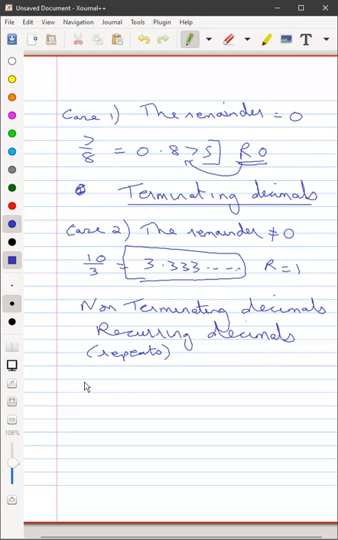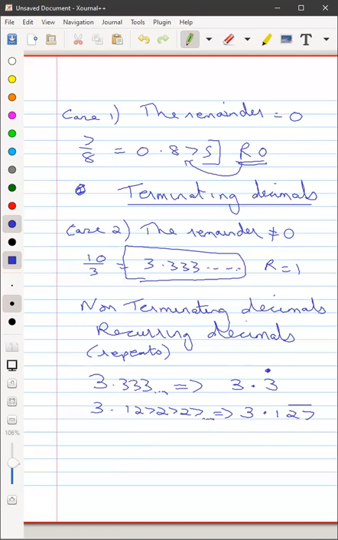Now, these kinds of decimals can be written in two ways. Supposing I have 3.3333. Since only one digit, 3, is repeating, I can represent this as 3 with a dot on top. This means that the 3 part is repeating in the decimal. Now supposing I have 3.1272727. Here only 27 is repeating, so we will write this as 3.1 because 1 is not repeating, and 27 with a bar on top. Whenever more than one decimal place repeats, I'll put a bar on top.